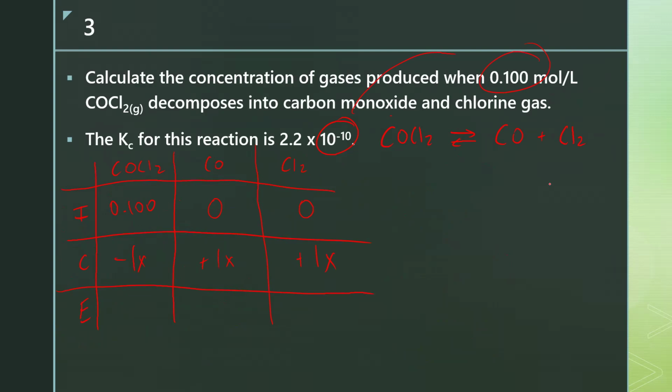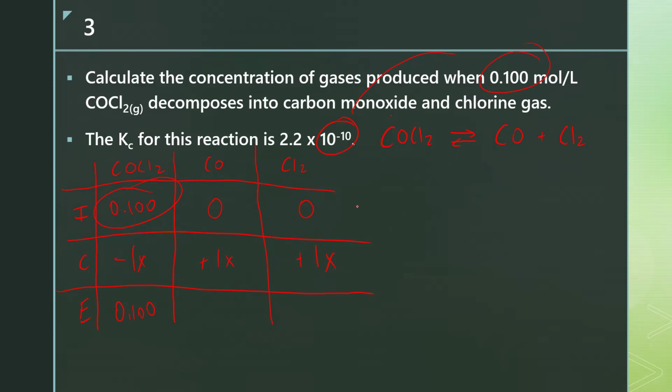So anyway, the issue I was trying to get at here is we have a really small Kc value. The rule is that if the Kc value and the initial concentration are 1,000 times apart or more, you can use something called an approximation rule. The approximation rule just says you can take your initial concentration and say it's equal to your final equilibrium concentration, which is exactly what we're going to do here. So 0.100 is going to be my final equilibrium concentration, and I can do that because my Kc value is